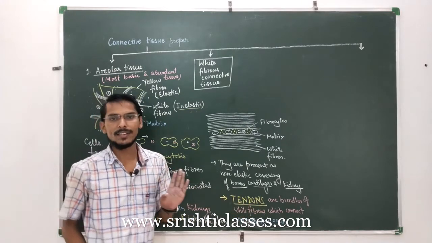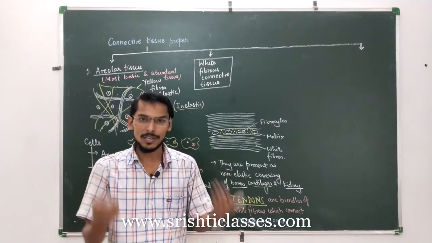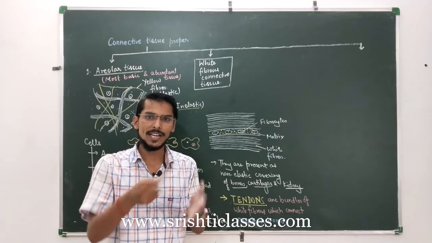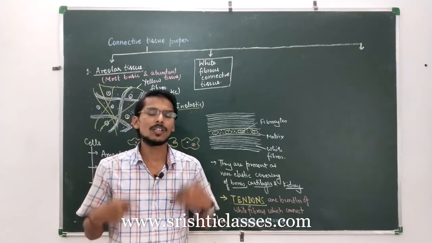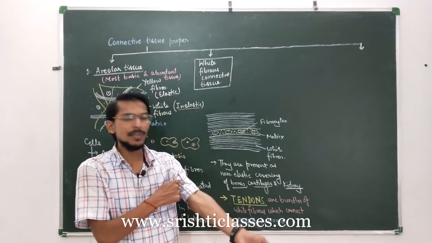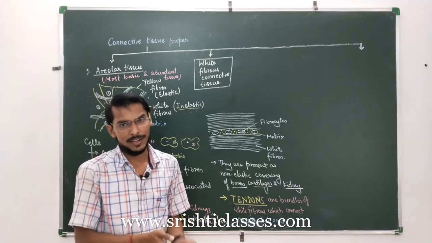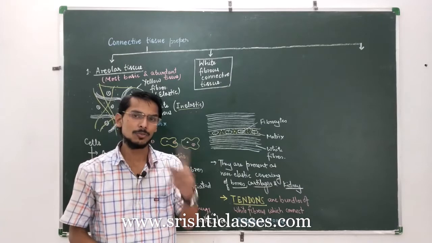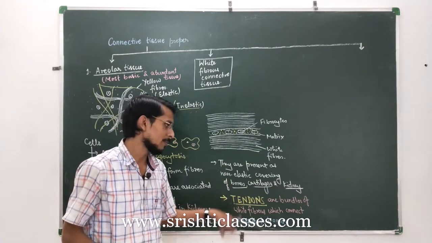I have mentioned it earlier that the movement of our body parts or the whole body takes place due to articulation of bones and muscles. Both bones and muscles work together for the movement of our body parts. So, for the attachment of muscles to bones, white fibers are required, and the bundle of white fibers which connect muscles to bones are called tendons. So, I hope you will remember this term.